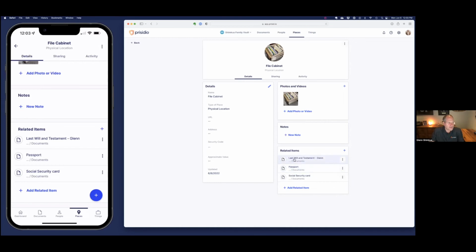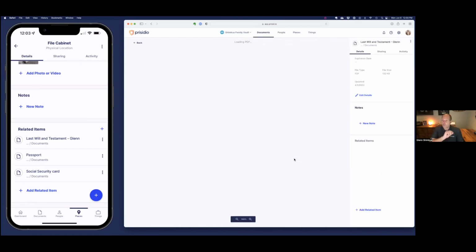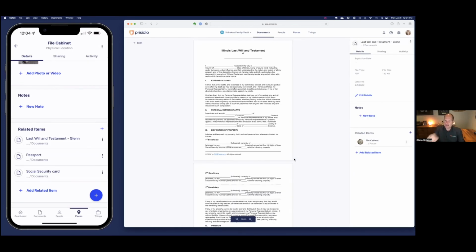So the will, for example, I can go right over from the file cabinet. I see the documents that are in there. I go to the document. Now, the same holds true, for example, if I have my will and I wanted to add a